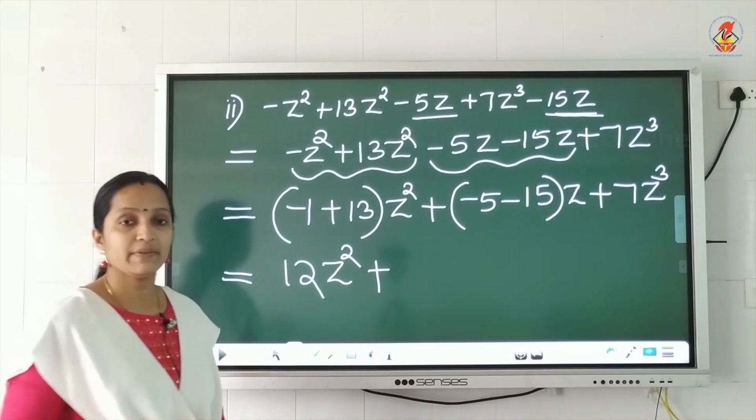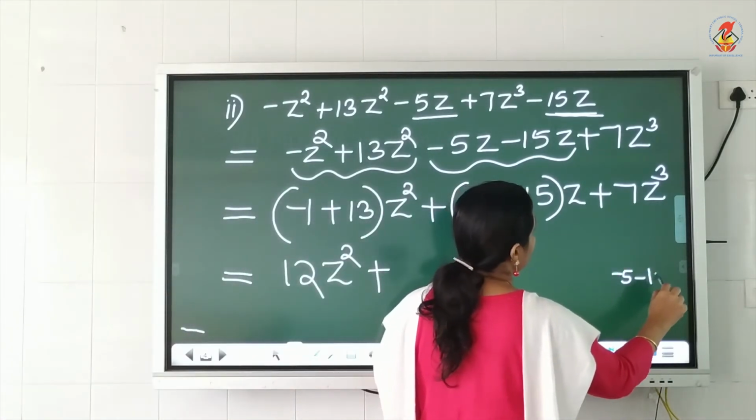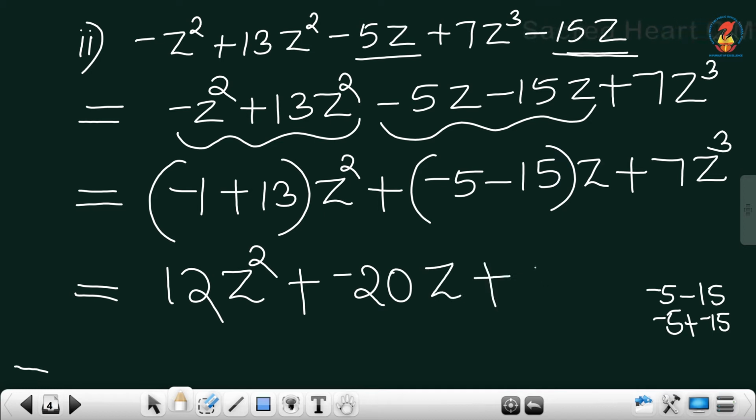Either you can do directly or use integer subtraction. How will we do? Write the first number same, change the minus sign into plus and take the additive inverse of the second number. So what answer you will get? If two numbers have the same sign, what you have to do? You have to do addition and put the sign of the bigger number. So negative 5 minus 15. What is the answer? Negative 20. And what is the variable here? Is z. And there is one unlike term here. Just write the unlike term as it is. Okay. And this is the answer for this question.